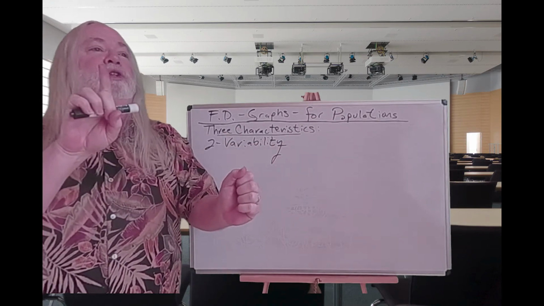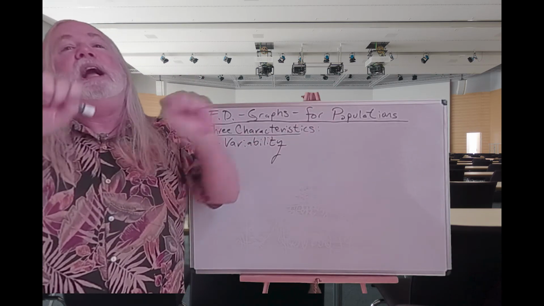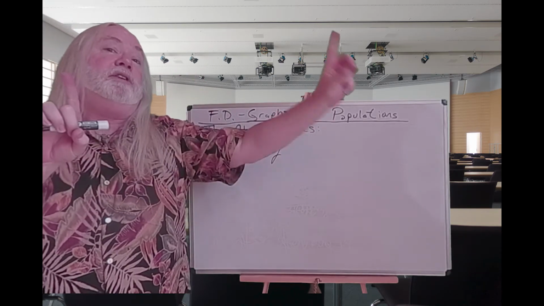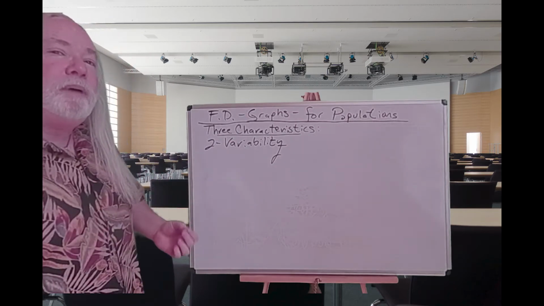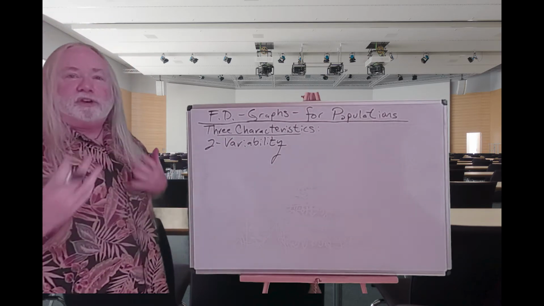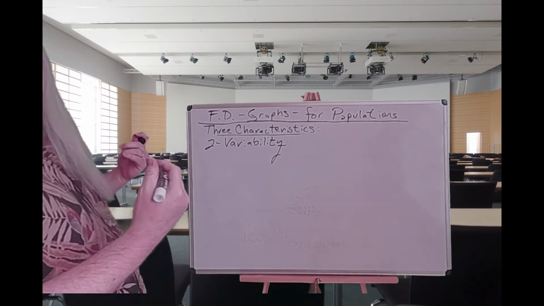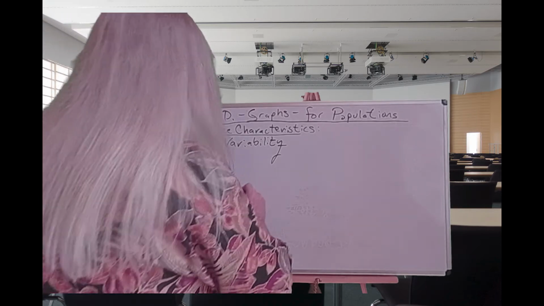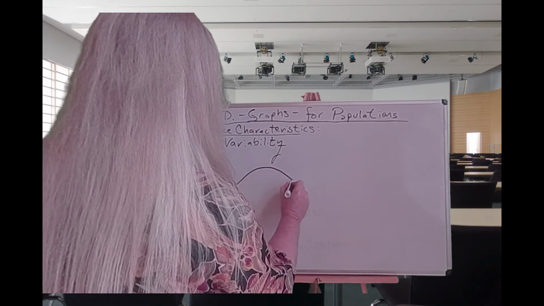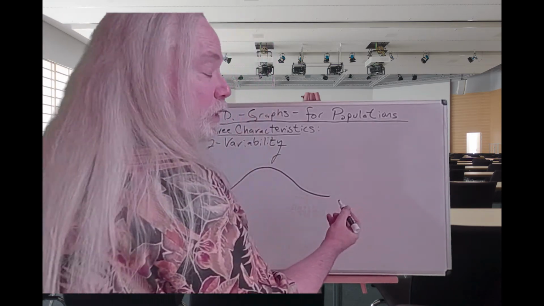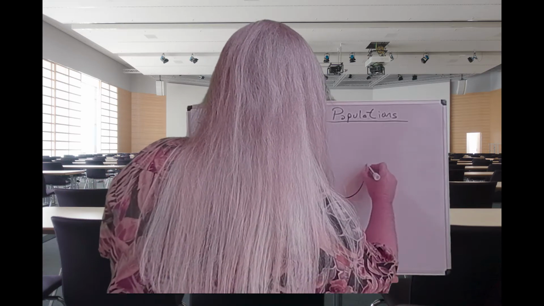I've got a score of 2, you've got a score of 10. How far apart? I've got a score of 2, you've got a score of 100. How far apart? So how different are they, or how far apart are they, or how much diversity is there? So you can see that in your graphs. If we had a curve that looked like this, compared to a curve that looks like this,